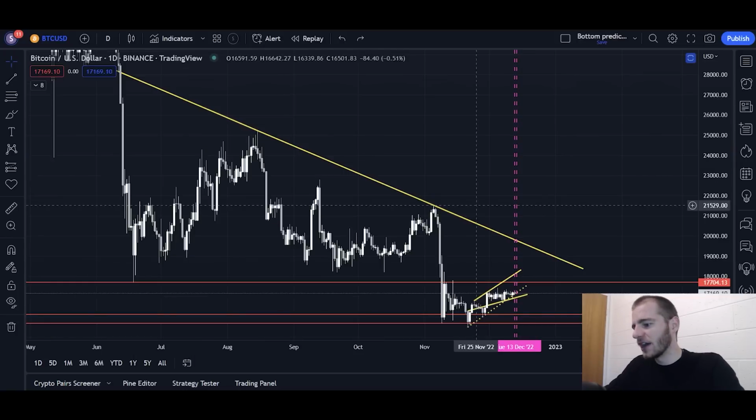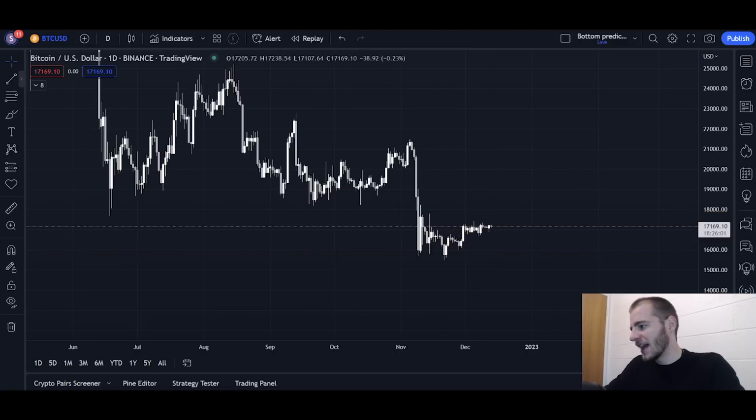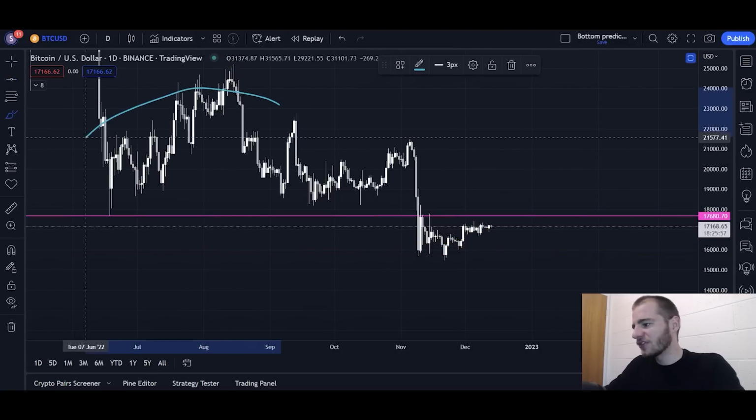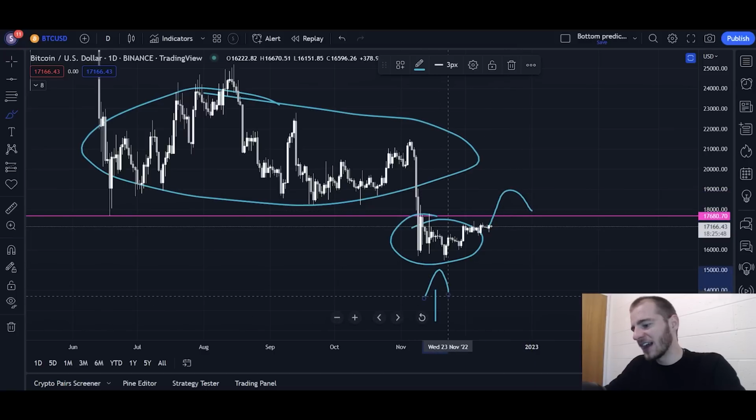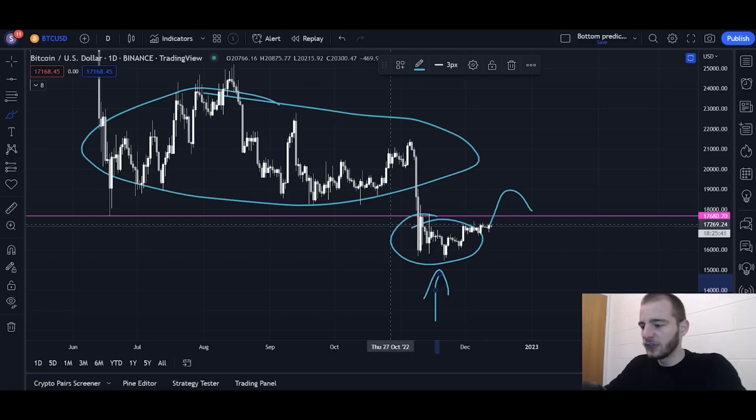If we break to the upside, what we're essentially doing, and I explained this before, but I'll explain it again in a simpler format, is this: we had a range up here, we have a range down here. If we break to the upside, we break above 17.7K, we are re-entering the upper range, and we are labeling this range as an unconstituted price point, meaning that there basically isn't enough selling pressure to stay down in that range if we get back above this range, which would be very, very, very good.